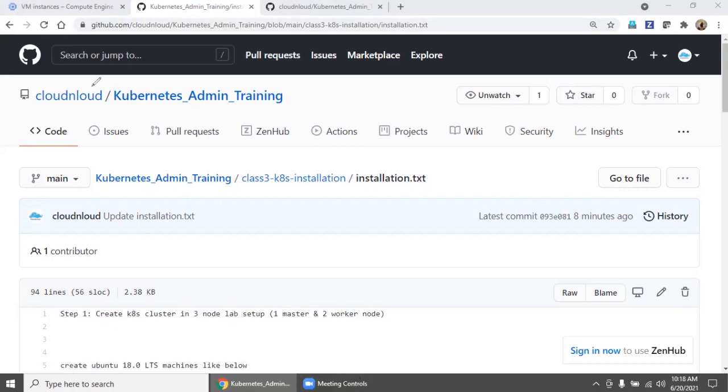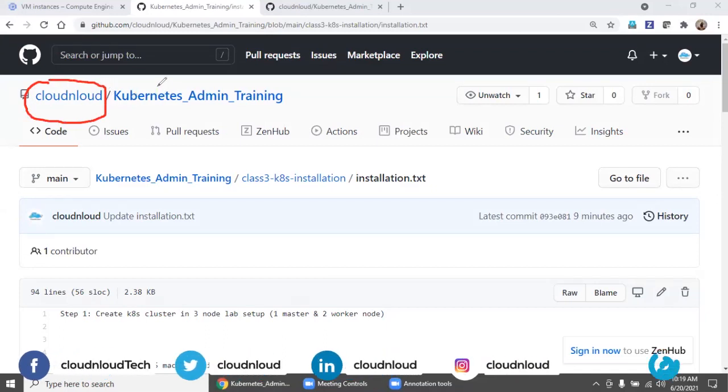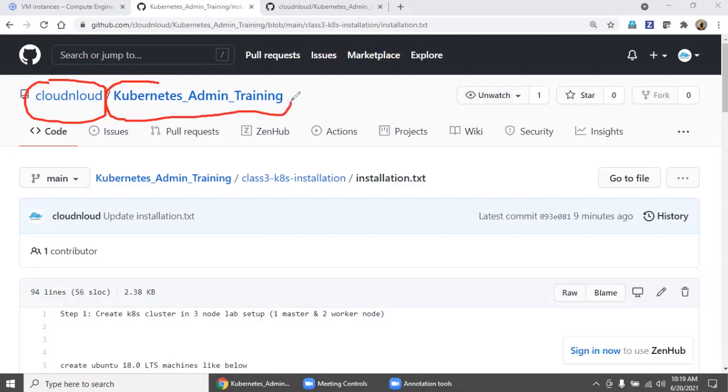We have created our GitHub ID, Cloud and Loud, and for this Kubernetes training, we have created a repository called Kubernetes_admin_training.